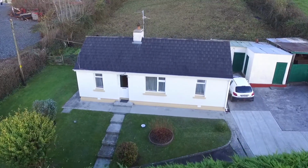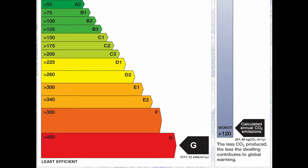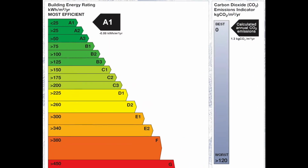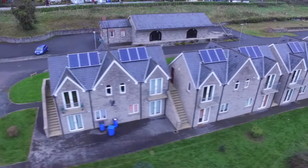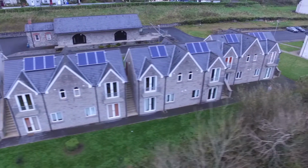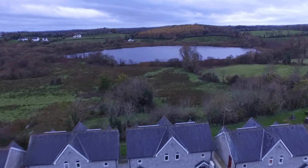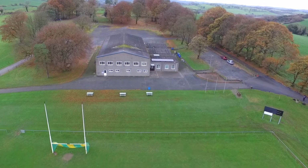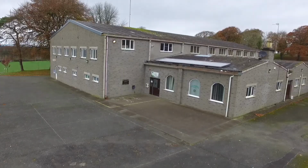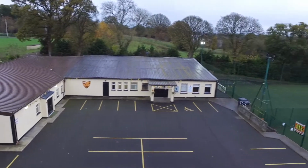The project included 10 private houses with a pre-BER rating as low as G and a post-BER rating as high as A1, 11 community-owned apartments with a pre-BER rating as low as D3 and a post-BER rating as high as A2, 2 community centers, including Killincare GFC and Rammer GFC, with a focus on renewable heating systems and LED lighting upgrades,